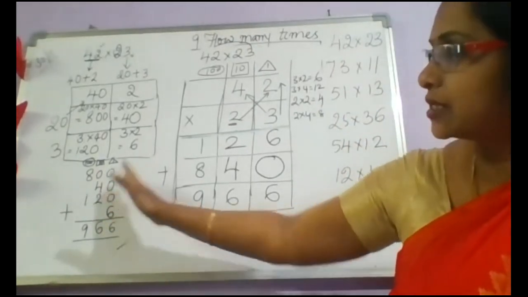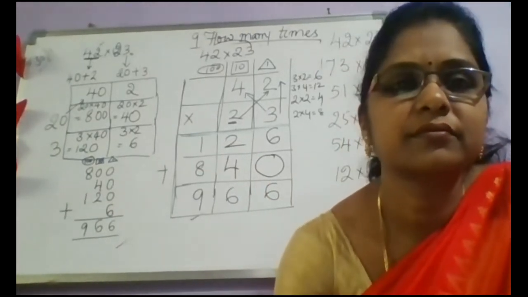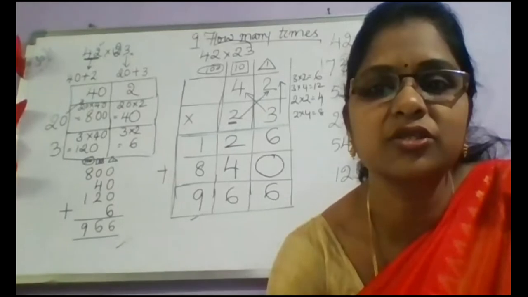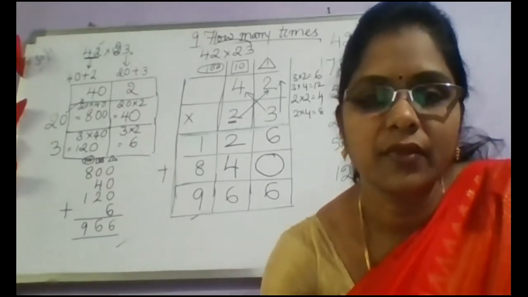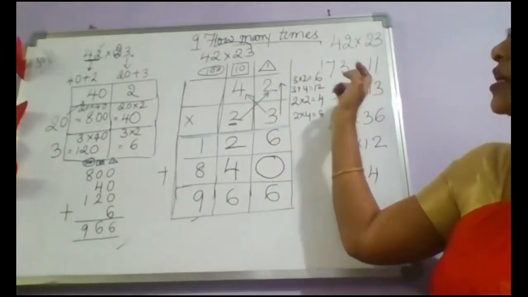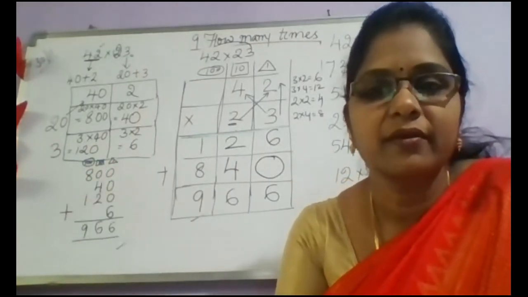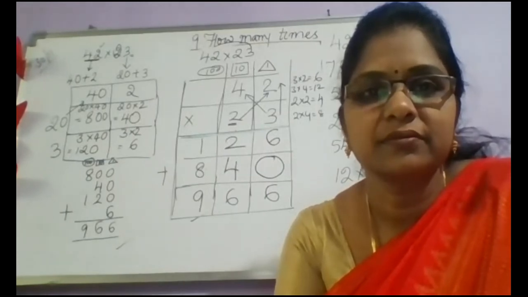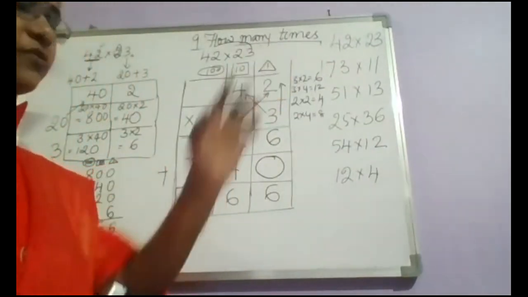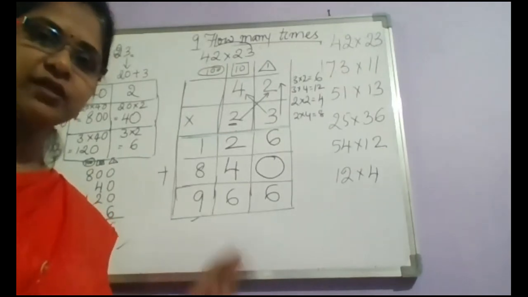This is the expansion method. This is the column method. Ma'am, one more time you will see how to write the expansion method. Shruti, you take down this. I'll explain once again. I'll take 73 into 11 and do it once again for you. Do you want me to explain the same problem or shall we go for the second problem? Second problem, ma'am. Okay, fine.